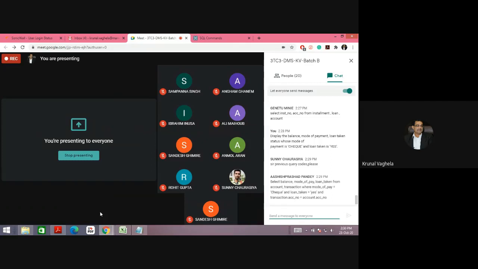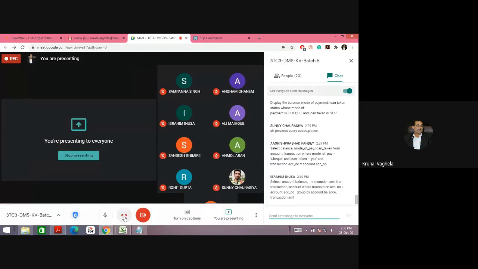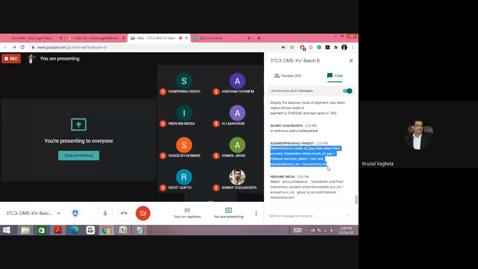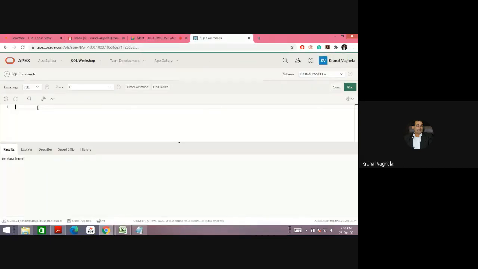Select balance, mode of pay, loan taken from account, transactions made by cheque, and account number. Exactly, so your query is right. I need to change it a little bit.